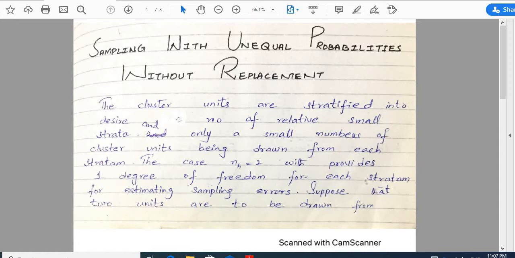The cluster units are stratified into desired number of relatively small strata and only a small number of cluster units being drawn from each stratum. The case nh equal to 2, that is, there are two units per stratum, provides 1 degree of freedom for each stratum for estimating the sampling error. Suppose that two units are to be drawn from